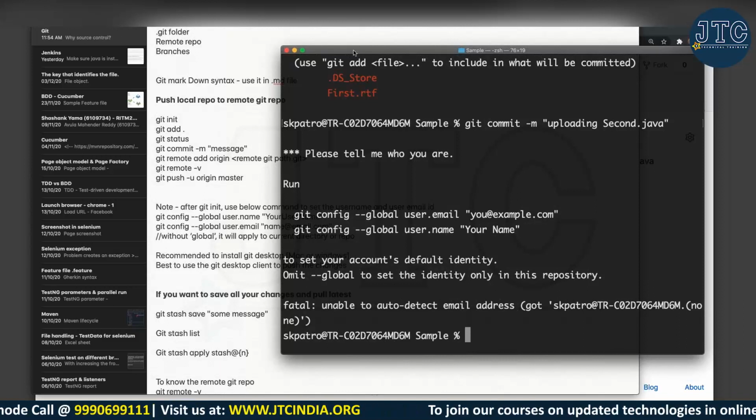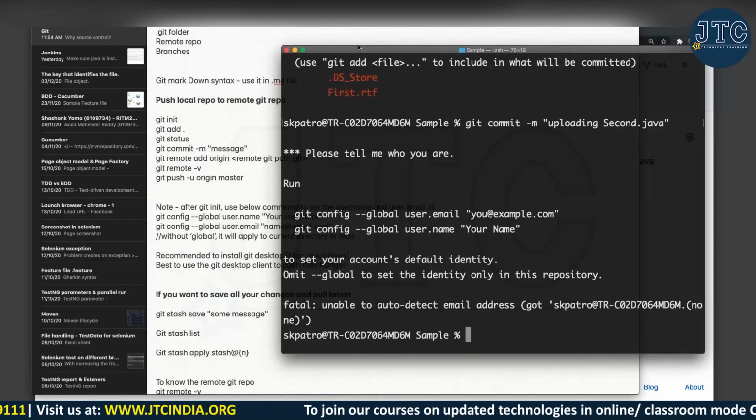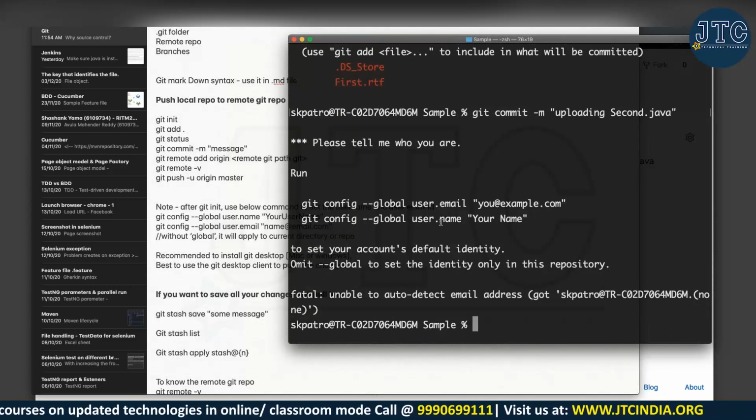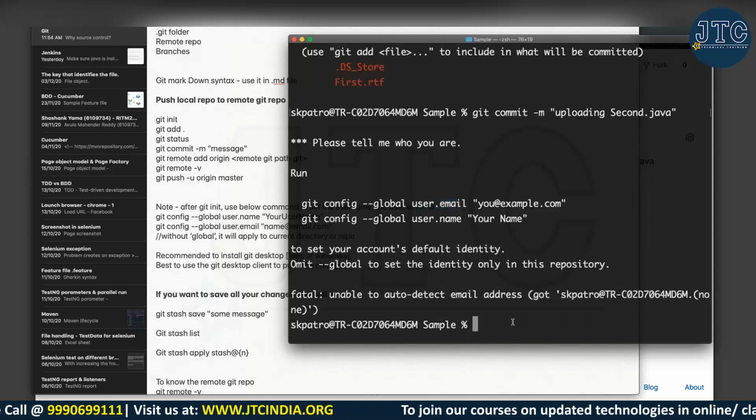Okay, so that's where git config is coming into the picture. Here you can see git config. Now git config, what it will do, you have to assign a username and a user email address to this particular project. Okay, let's not get confused with all these things. A simple thing: you have installed Git, you have created a GitHub account. Now you came to your project folder, created a simple project directory, and now you are pushing that code.